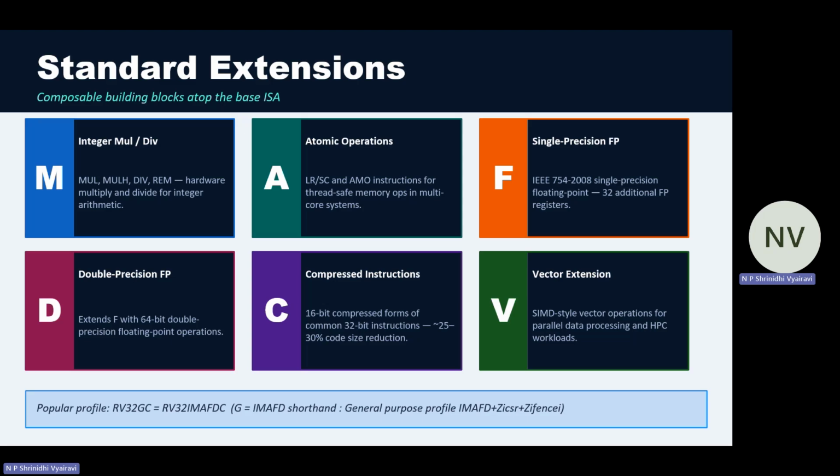Compressed instructions is C. You're compressing the 32-bit instructions to 16. Vector, like I said, uses single instruction, multiple data, parallel processing, because it's easier and less time consuming. And if you look at it, multiplication, floating point, and atomic, all of these are something I would normally want, right? I can't just be stuck with addition and subtraction. So you see all of these bundled together always. So rather than writing it out like a huge profile, we use G to represent the integer, multiplication, atomic,